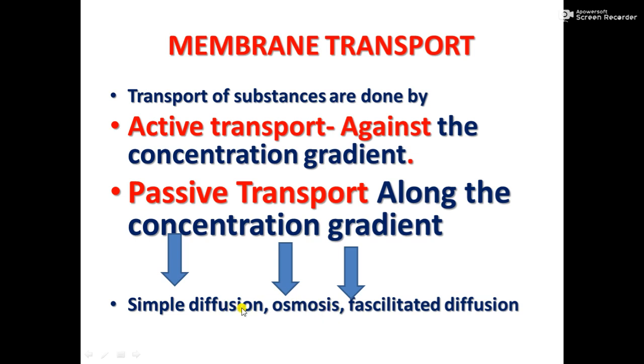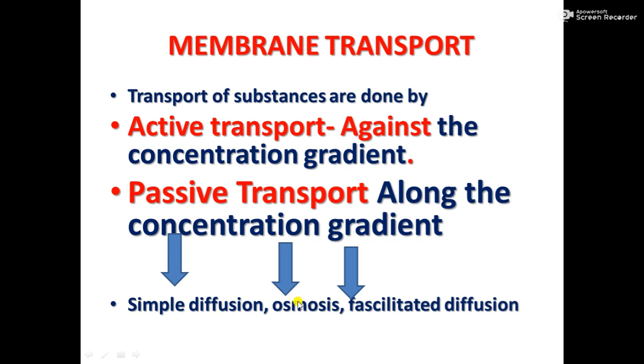So both need a concentration difference, so it takes place along the concentration gradient. Simple diffusion may not need a semi-permeable membrane. Supposing you have water in a beaker or test tube and you add a drop of ink or any colored solute, it will quickly diffuse into the whole part and make a uniform solution. That is simple diffusion. But in the cell it takes place through the semi-permeable membrane.